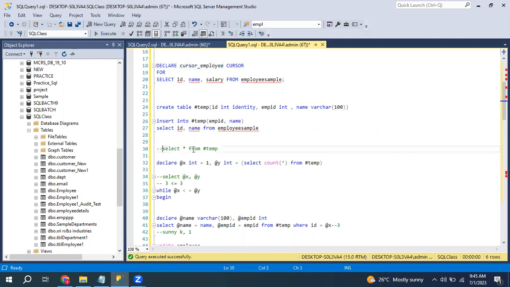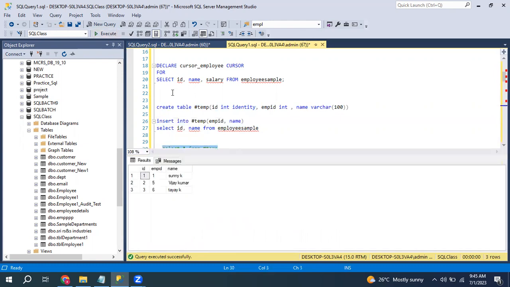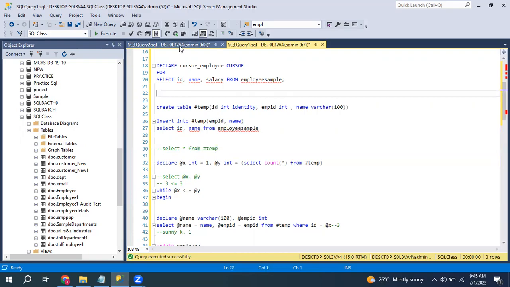Here what I will write is select star from hash temp, and here select star from this cursor name. But this cursor name will not show the data. All together we can run, but here we are able to see it. But for the cursor we cannot see the data here. So after